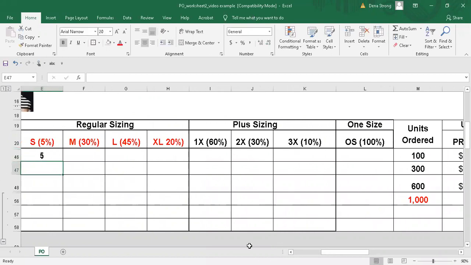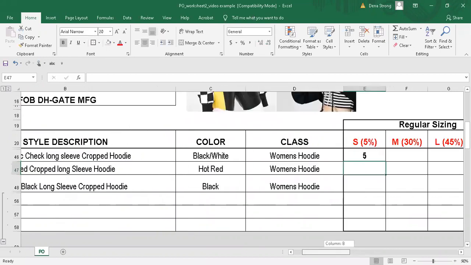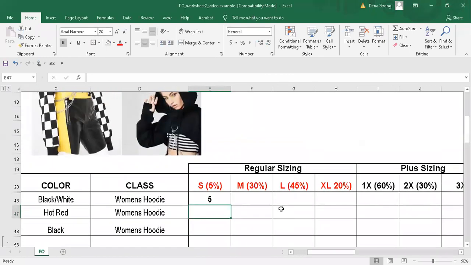So that means 5 of the black and white check hoodies are going to be in a size small. All right, so just to speed things up a little bit, we know that 5% of our customers are size small. So what we can do is just click the little black box in the corner with the formula,